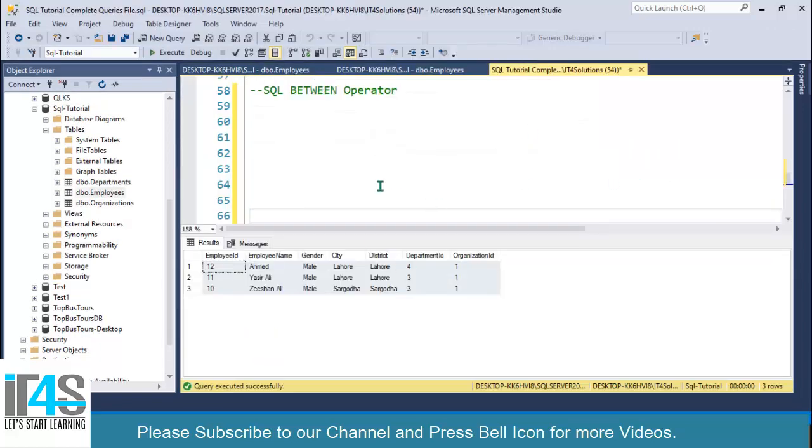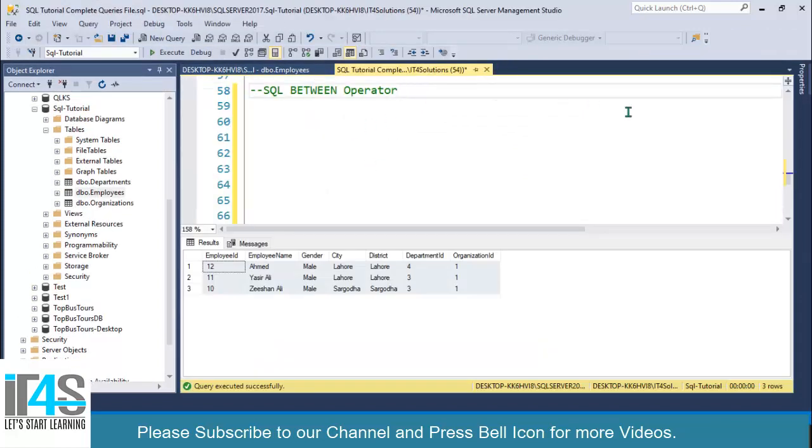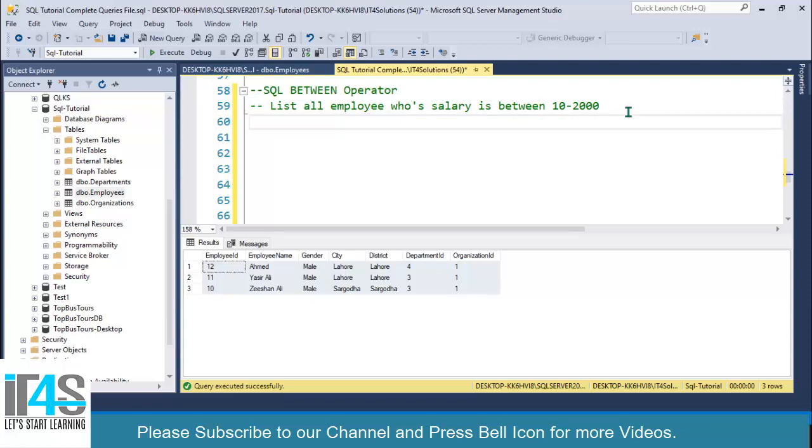Now we will understand the SQL BETWEEN operator. So we have a scenario: list all employees whose salary is between 10 to 20,000. So how to apply this BETWEEN operator? The SQL BETWEEN operator is used to select records on the basis of a range.